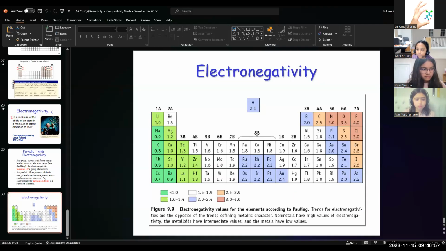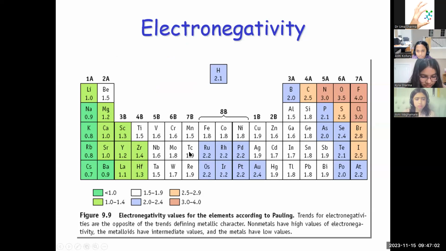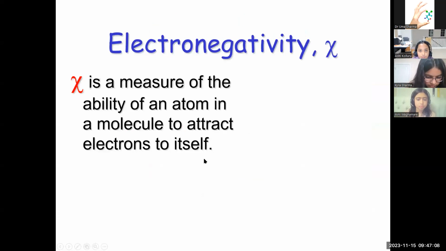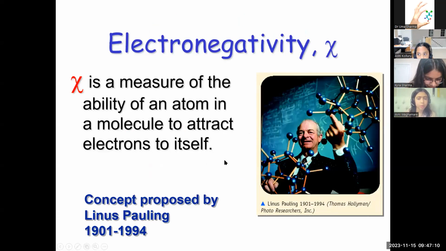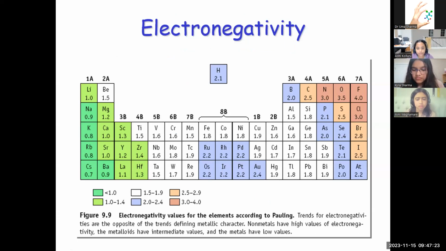Can you see this periodic table? These are the electronegativity values assigned to the elements. These values were given by Pauling. It's named after a scientist, and it's a scale, just like you have a logarithm scale, this scale, that scale. So it is also a scale. He did some mathematics, made some formula, and assigned electronegativity values to all the elements of the periodic